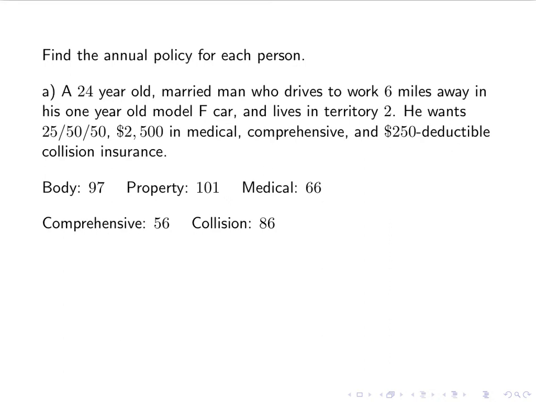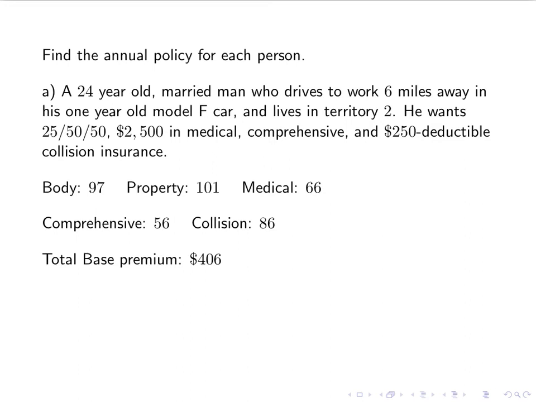So what we do after this is we find what's called the base premium. So the base premium is just the sum of all these guys. So we add them all up and we get $406. Okay, and now this is the number that we're going to multiply by the classification number,